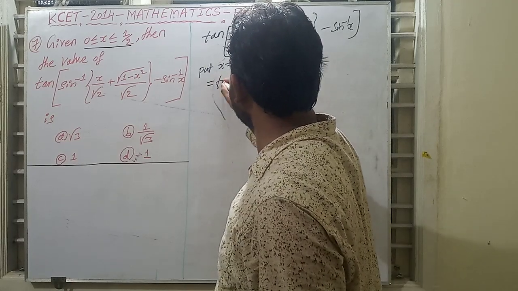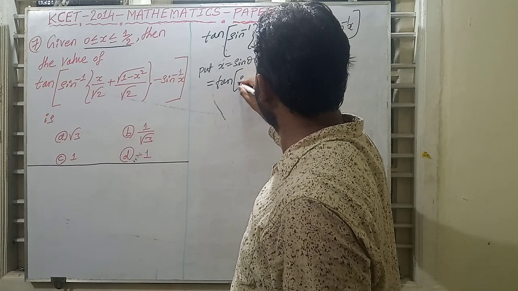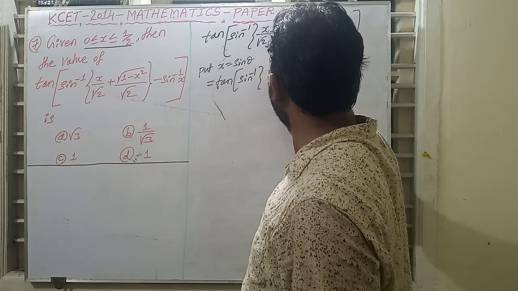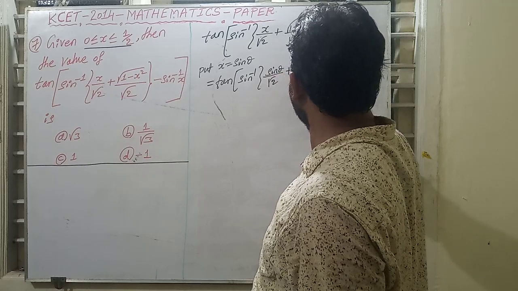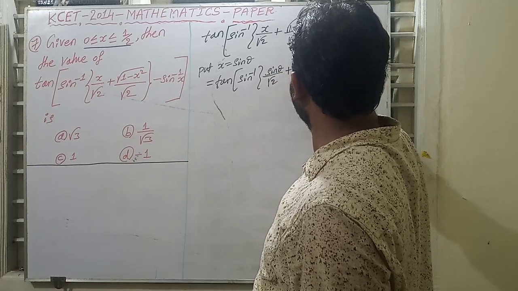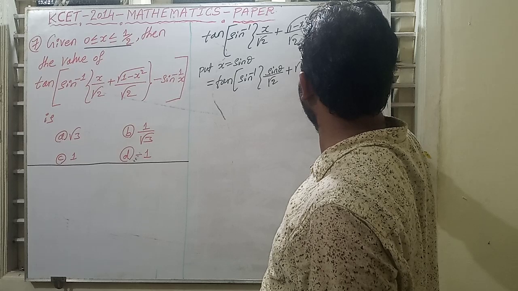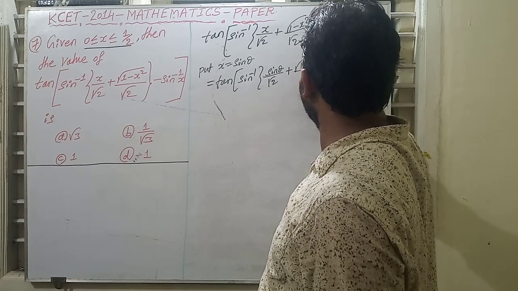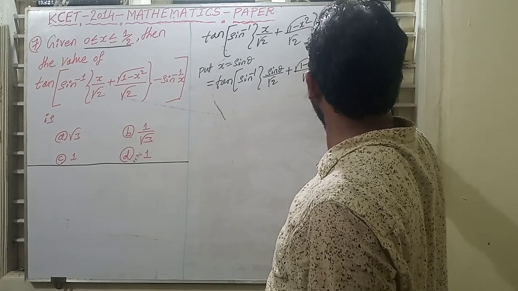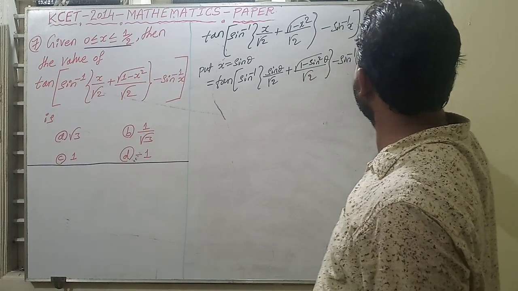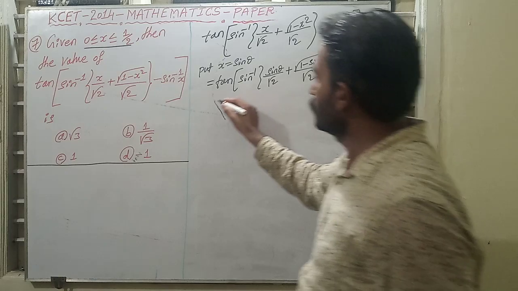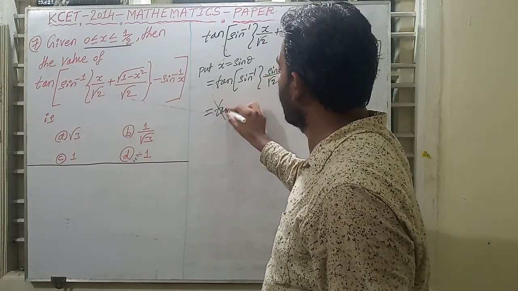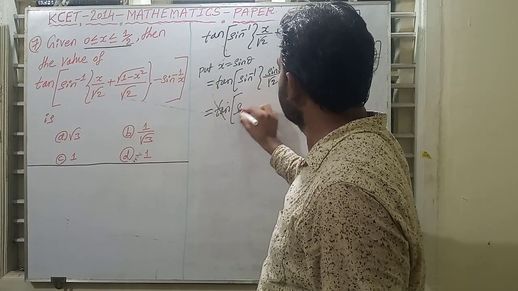So this value becomes tan of sin inverse of sin theta divided by root 2 plus square root of 1 minus sin square theta divided by square root of 2, minus sin inverse of sin theta. Bracket close. So this is equal to tan of sin inverse of